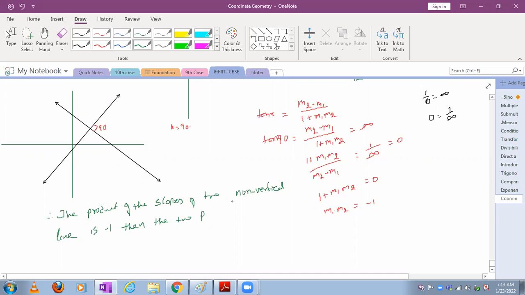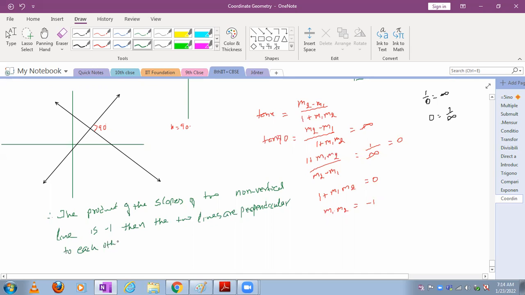So the product of the slopes of two non-vertical lines is minus 1, then the two lines are perpendicular to each other. Got it? Sir, I am not able to understand what we are doing in this. Oh no. So just follow it. Then at last I will say, two lines are perpendicular to